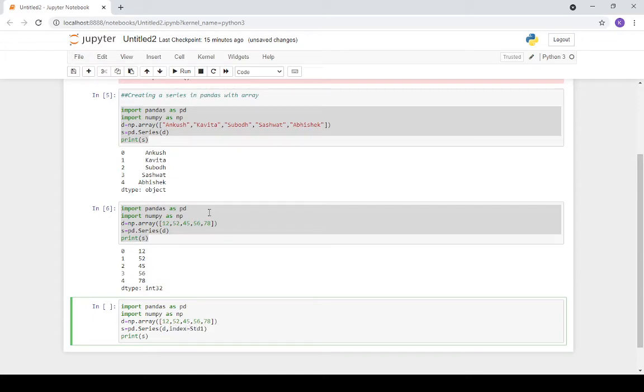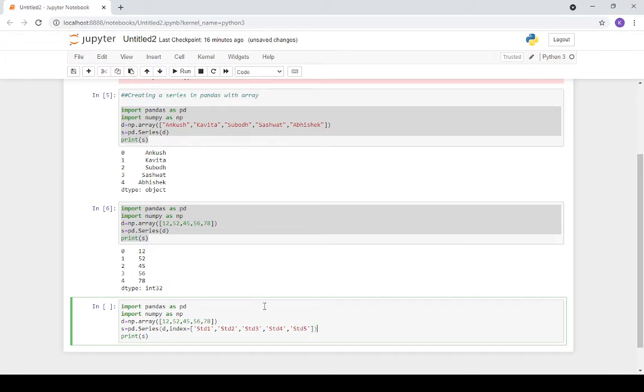Index is equal to a list, and then it can be changed into the series also. Suppose I'm creating std1. There are 5 values, so I'm creating std2, std3, std4, and at the last std5.